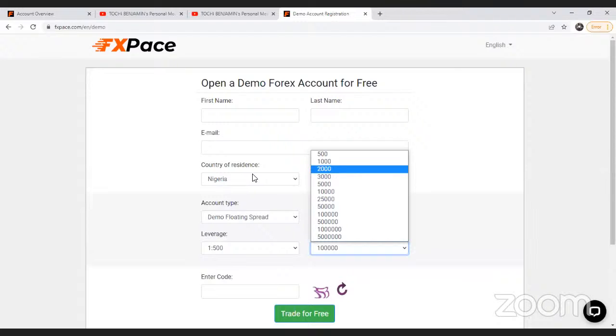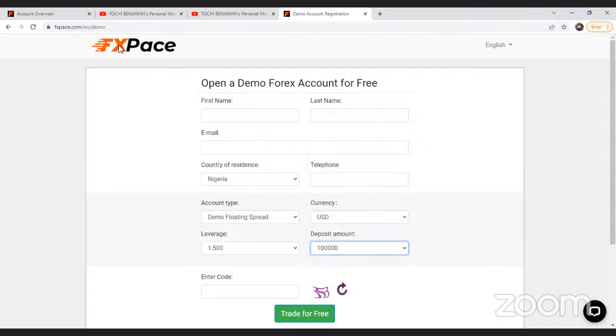Now, if you do this, an email will be sent to you that contains your trading account number and your password, which you can use to log into your MT4. When this is done, if you're using your phone, you go to your Play Store and download MT4. Now, FSpace uses MT4. When this email is sent to your email address, you just copy the password and your account number and log into your MT4. From there, you can start practicing as we are teaching.